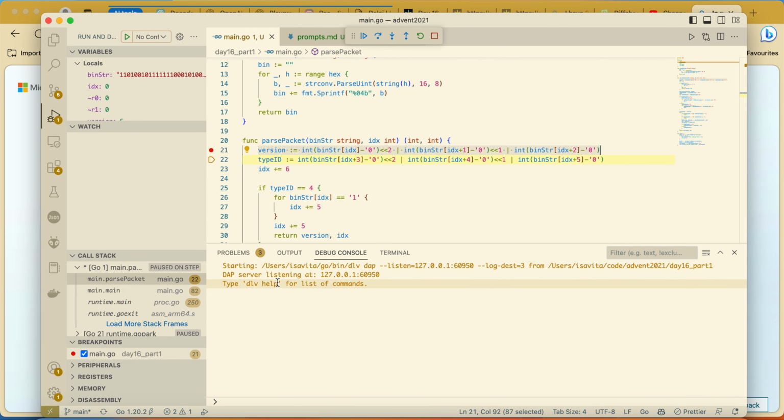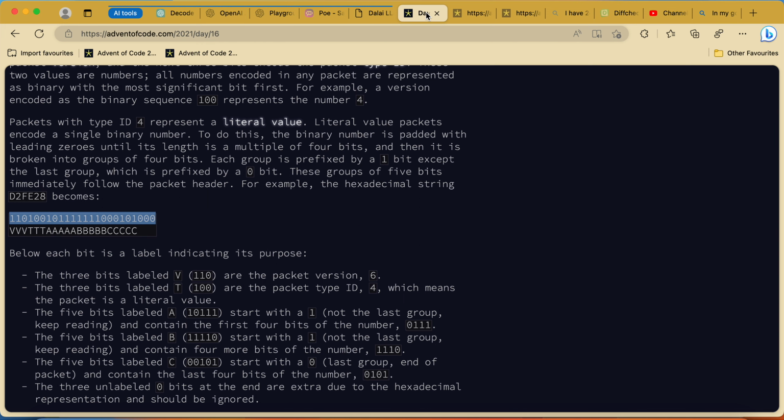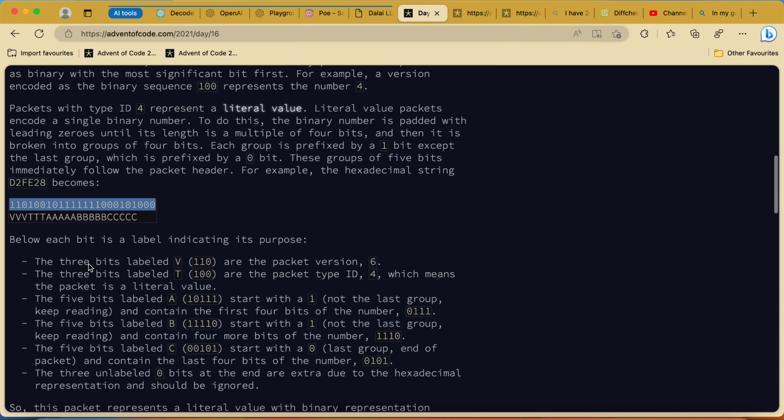But when I'm reading only the first 3 bits, is that correct? Below, each bit indicates its purpose. Okay, the first 3 bits are telling me the version.